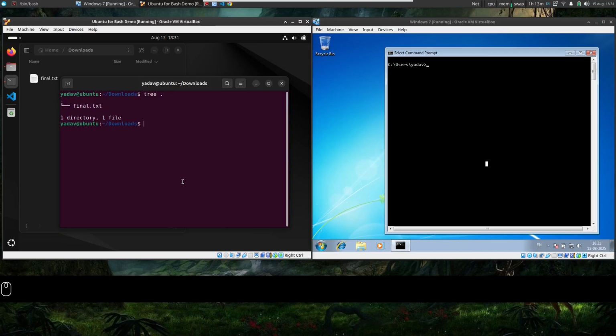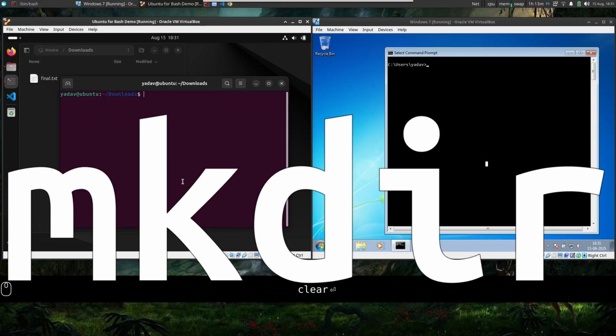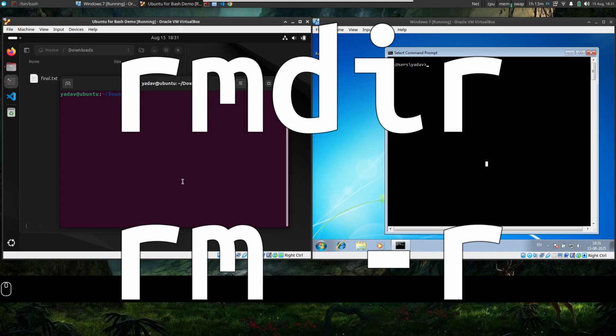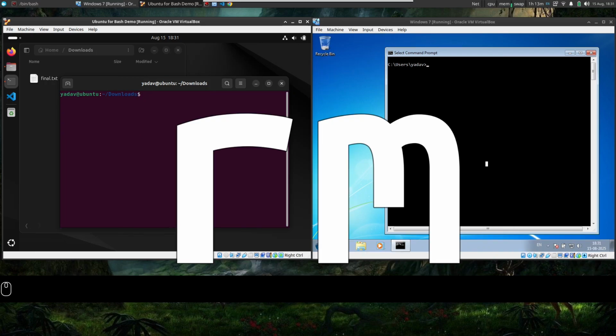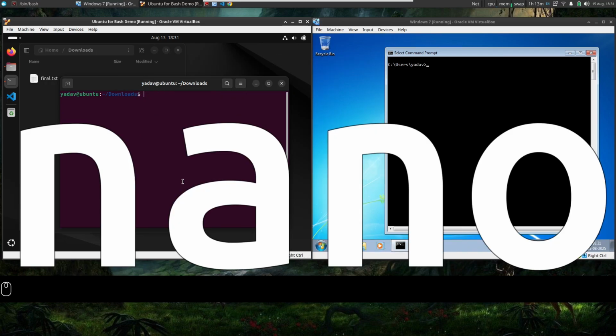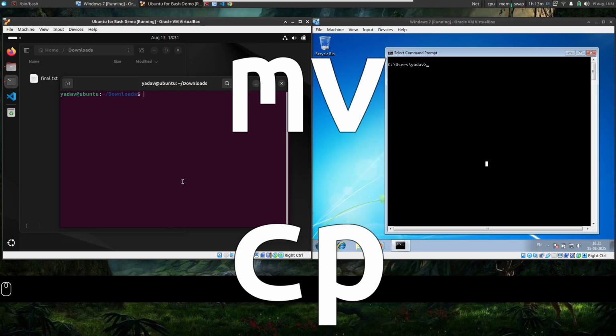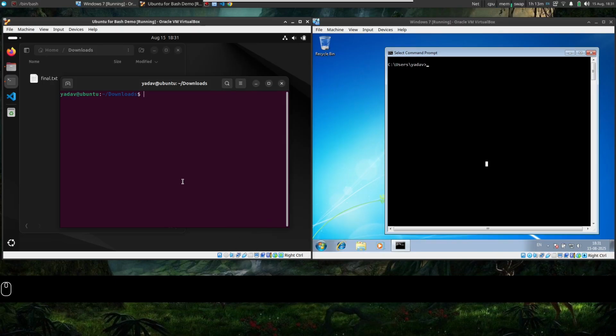Okay. Now we know how to create a directory, how to remove a directory, how to create a file, how to remove a file, how to populate a file, how to edit a file, how to move around the file in copying, in renaming, in moving. So these are primarily the file and directory functions which we will need. Okay. In case of Windows, the directory itself is shown here.